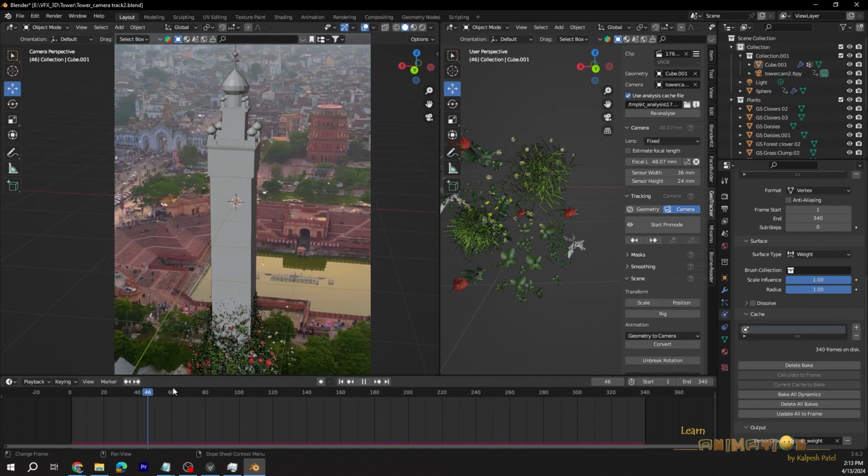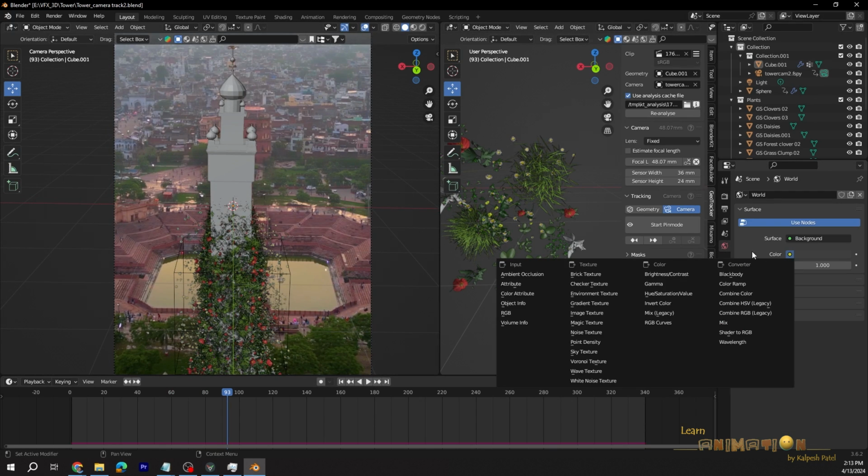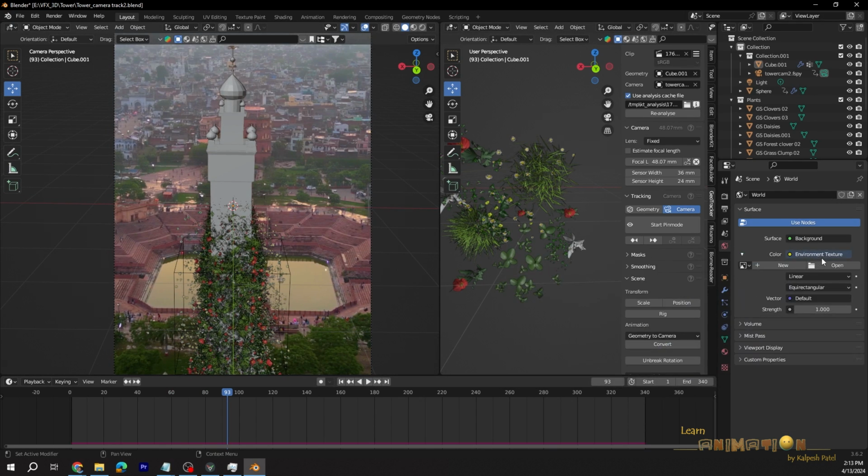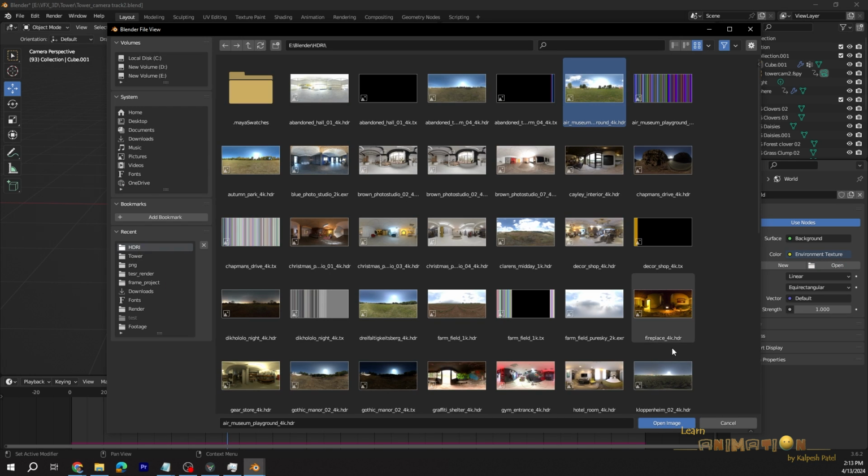Now to light the scene, we just need to go to the world property, select create the environment texture, and get the HDRI.